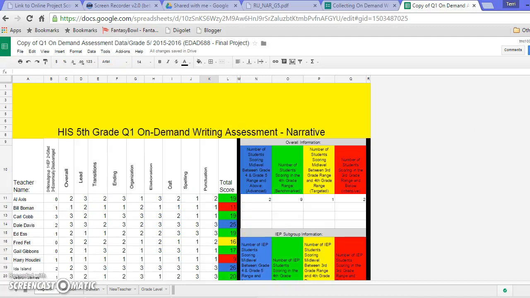The project that I have developed for our EDAD 688 class is to devise a spreadsheet that the teachers in my building will use next year to collect data on student writing. Next year is the first year for a new assessment protocol that requires our teachers to administer on-demand writing assessments from the Lucy Calkins units of study kits, and then to use that information to plan instruction based on student